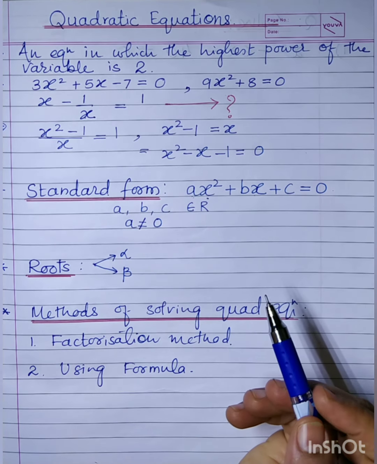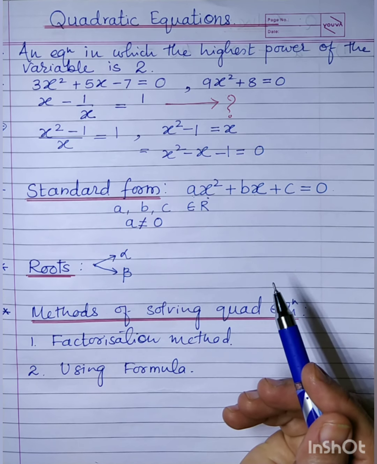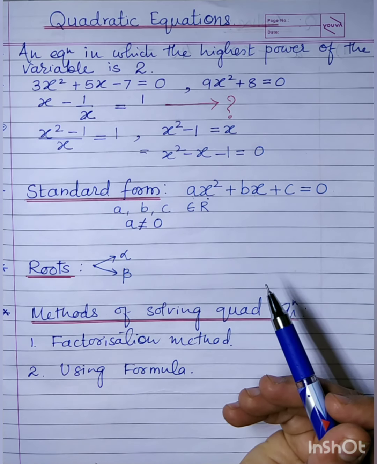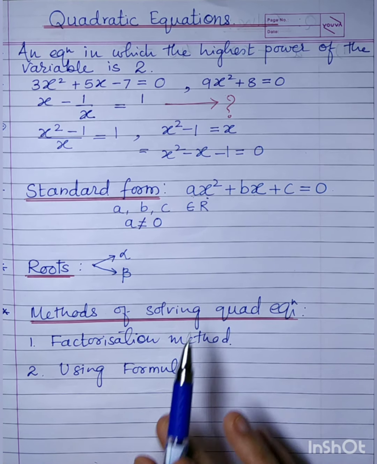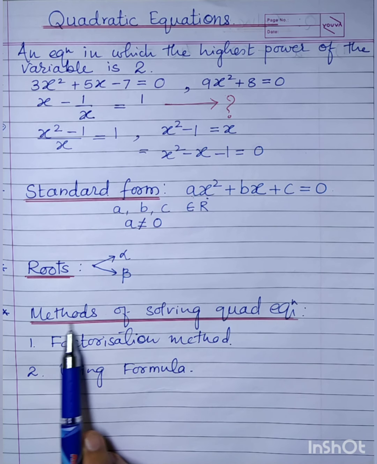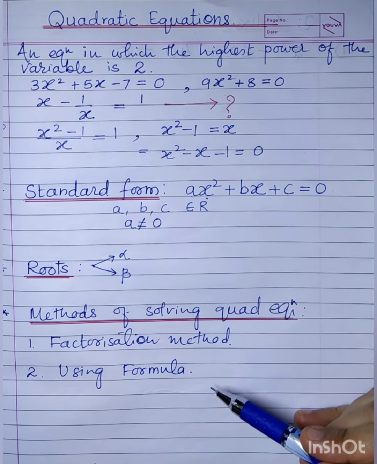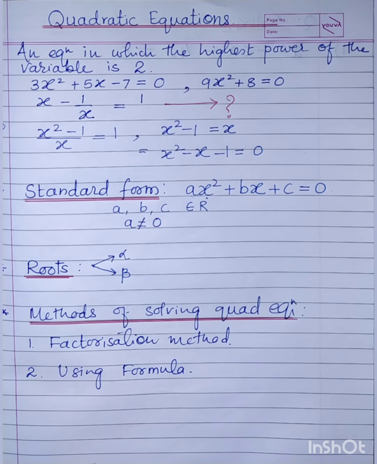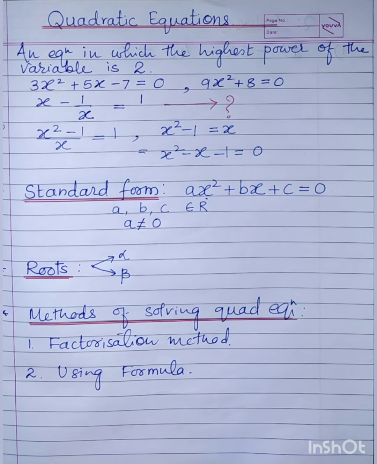Okay, you know that a linear equation has got only one solution. We have studied linear inequations also, which may have infinite solutions, a unique solution, anything. And quadratic equations have definitely two roots. Okay, two solutions. Then in this class we are going to study two methods of solving the quadratic equation. First one is the factorization method, and second we can solve it using the formula. Today we shall discuss how to solve the quadratic equation using the factorization method.